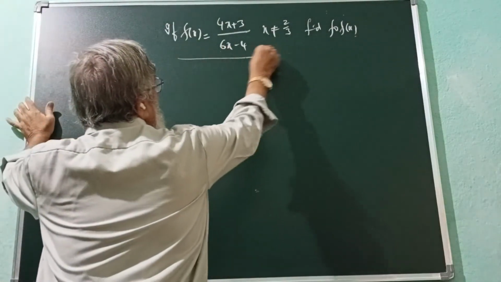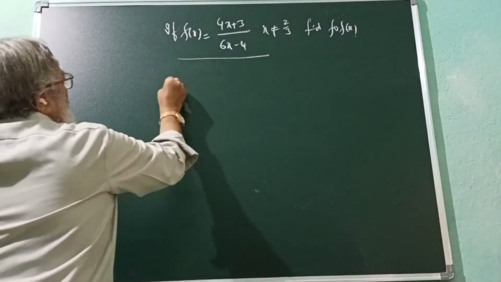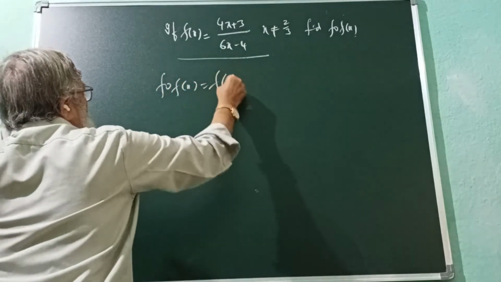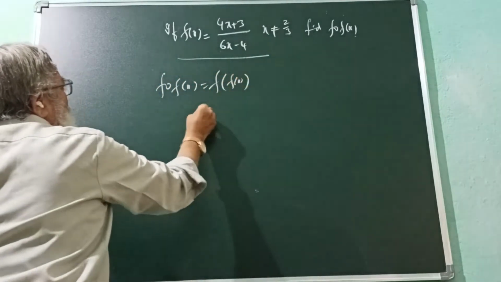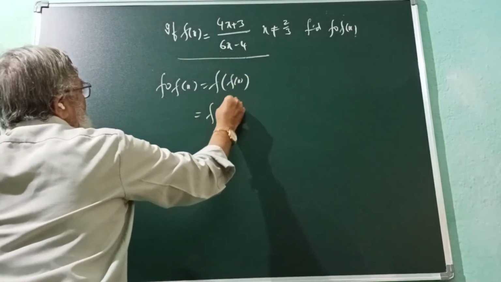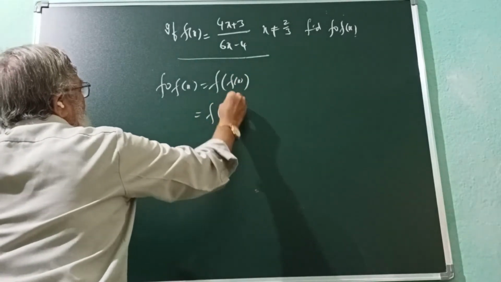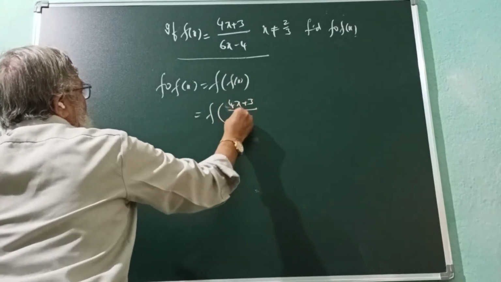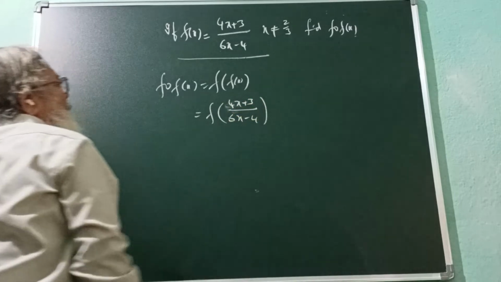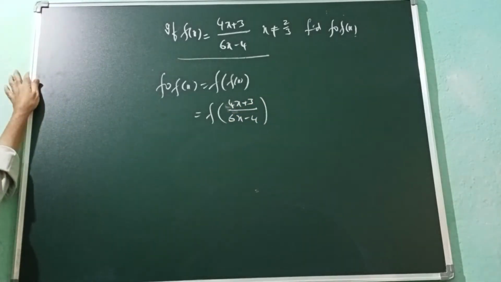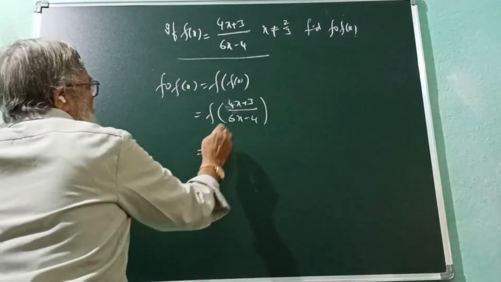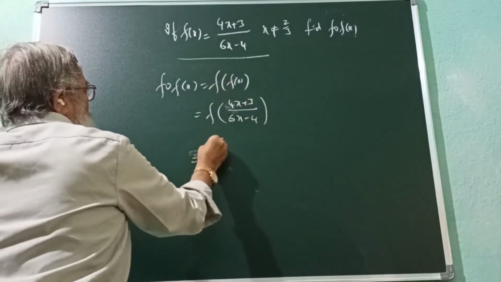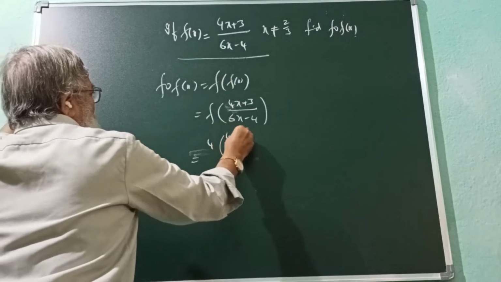Now, f composition f of x is given by f of f(x). So f(x) is given by (4x + 3) divided by (6x - 4). We have to apply f on that. While applying f on that, this entire expression should be treated as x here. Then look here, 4x,